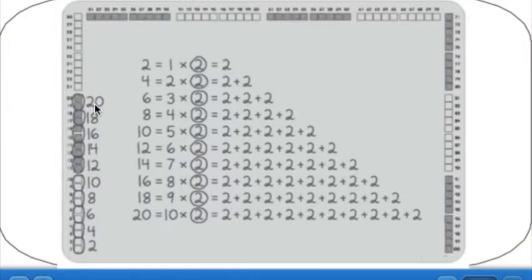18, 20, etc. But do you notice something with those numbers? Are they odd or even? They're all even. Well, here in the middle, you'll notice that we have written down our pattern, and so our pattern is writing down the equations 1 times 2 equals 2. Well, if we look at this pattern, we can also count